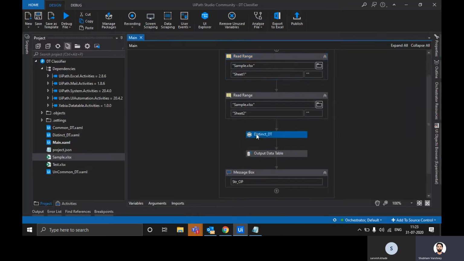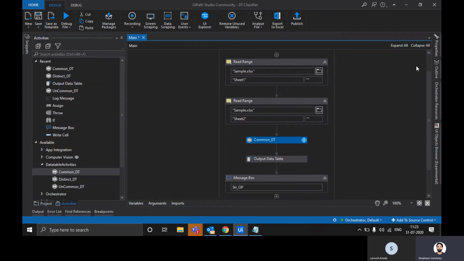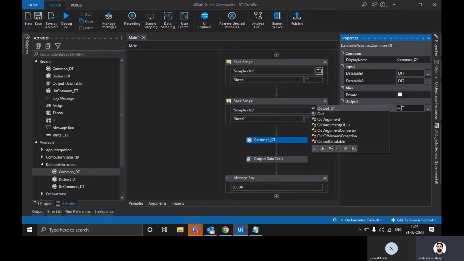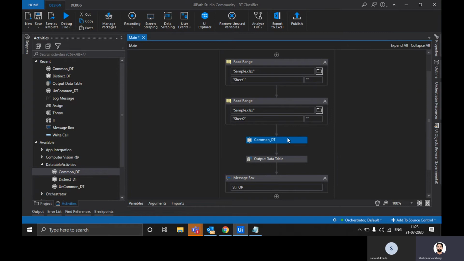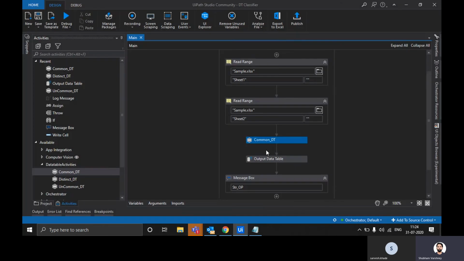So moving on to the other activity or component that we have introduced, it's common DT. In this I have to provide 2 data table sets. One is DT1 and the second one is DT2. So it will be giving you a common which is present in DT1 and also present in DT2. So the output again as the output. I'm checking whether I have the Excel open. Actually it's not. So I'm doing a run again. So as you can see, these are the common fields 1, 2 and 3 Sarvesh. Okay, so this is the common that actually comes in this.